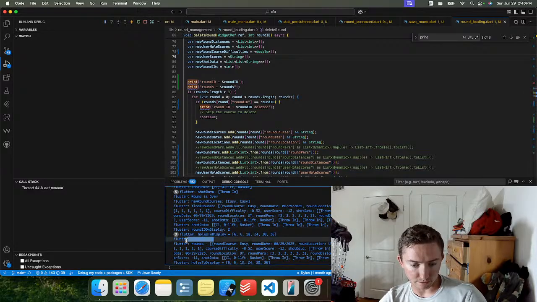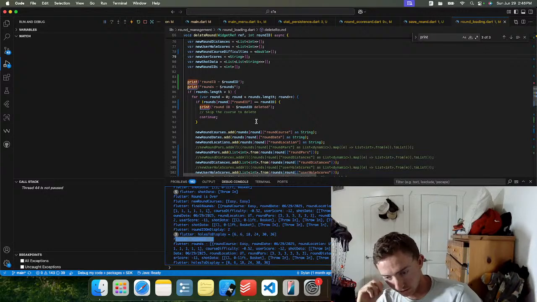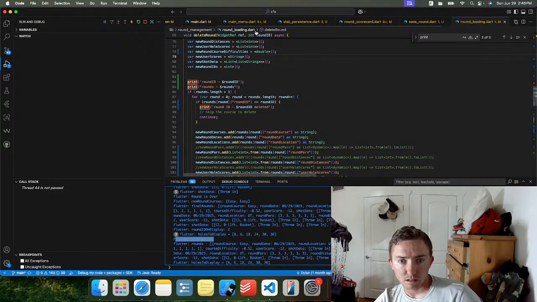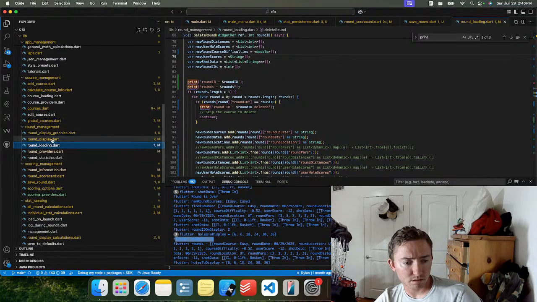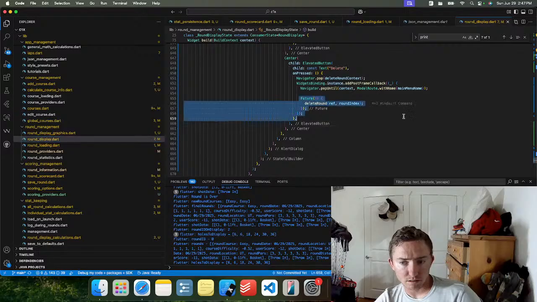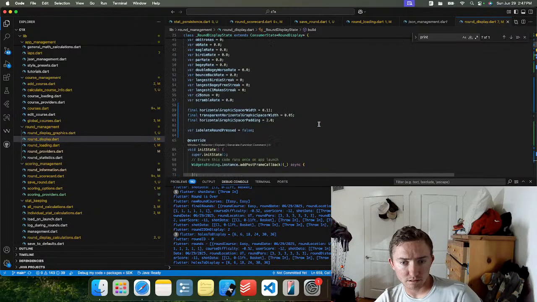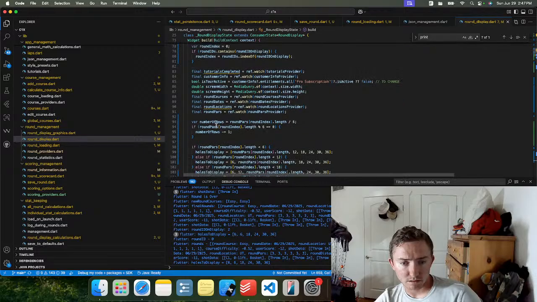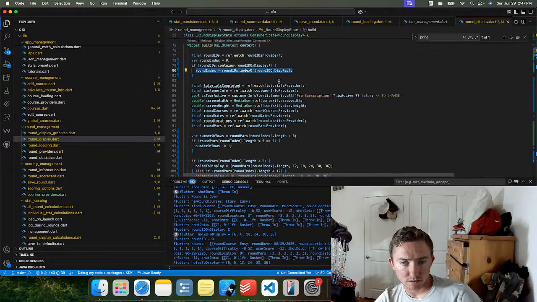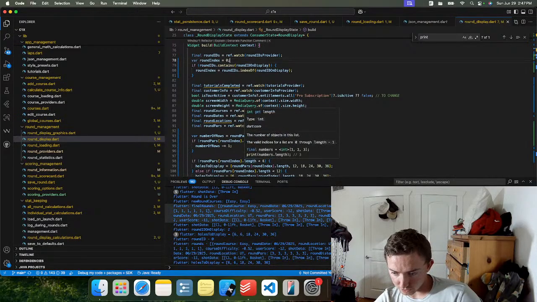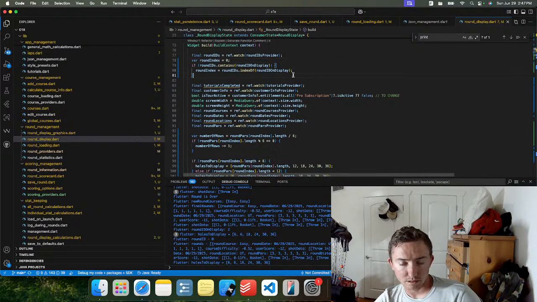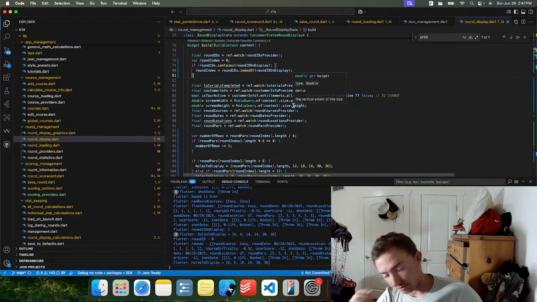Round ID is equal to 0. Why is round ID equal to 0? Round index. If round IDs contains, does it contain it? What are my actual round IDs here? 2 and 1, right? 2 and 1. If round IDs